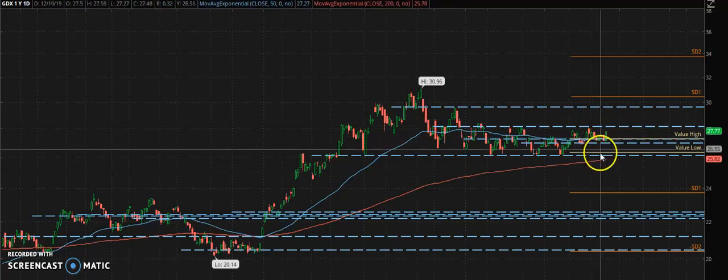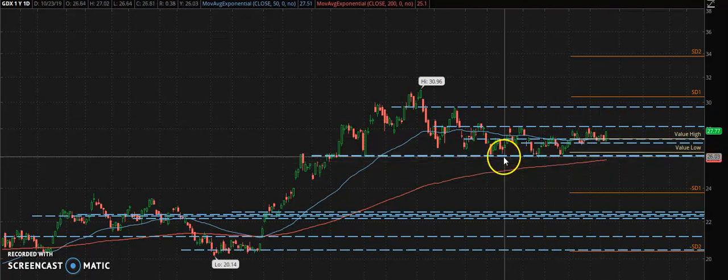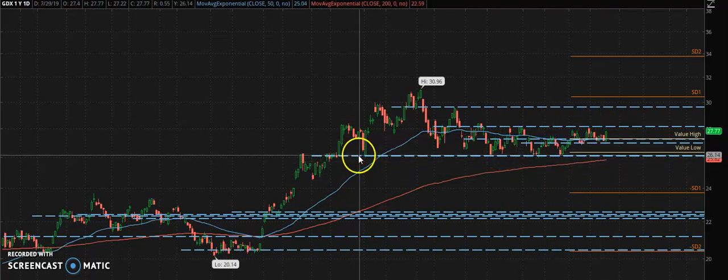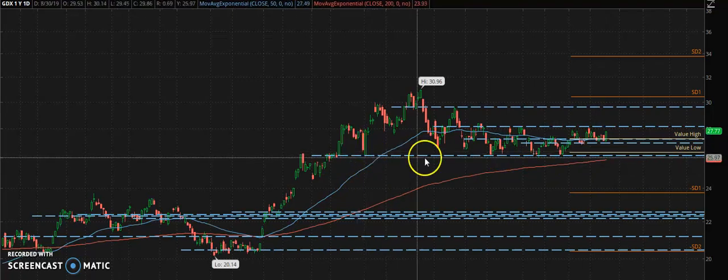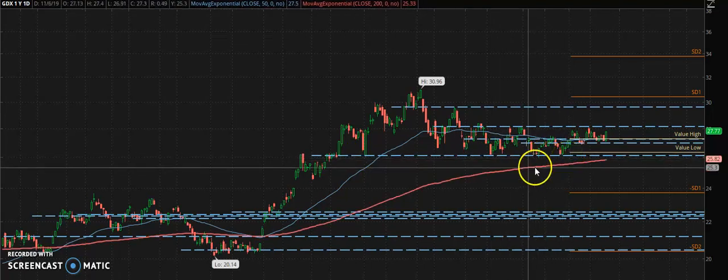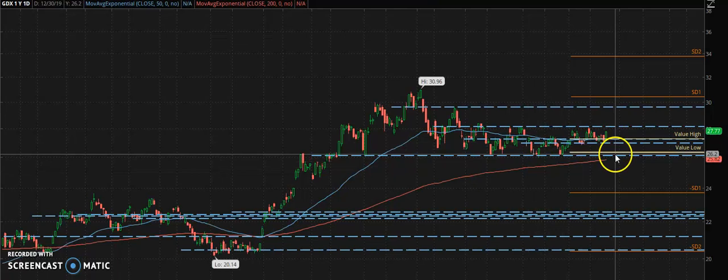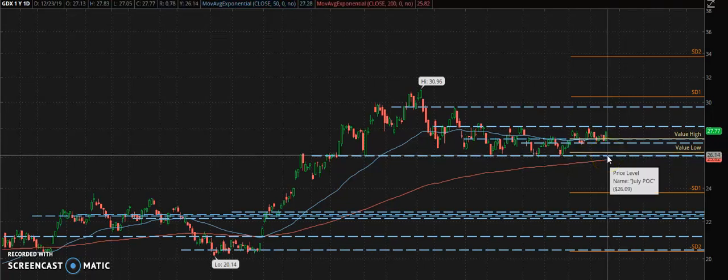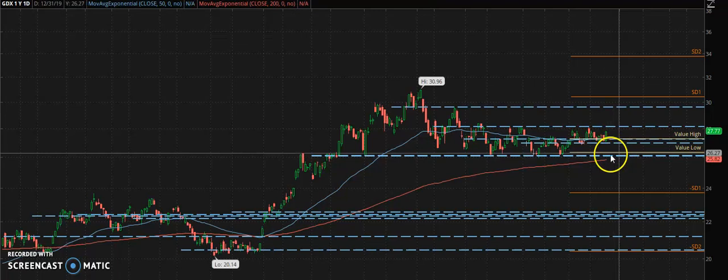On the flip side of that, selling-wise, this level here is an important level, obviously, the July POC. We've tested it as support once, 2, 3, 4, 5 times already. If we do break below this level, which I believe is going to happen at some point in the next 2-3 months, when and if we do, we should see a sizable flush, fear, panic maybe,